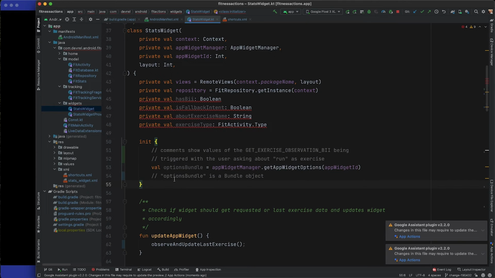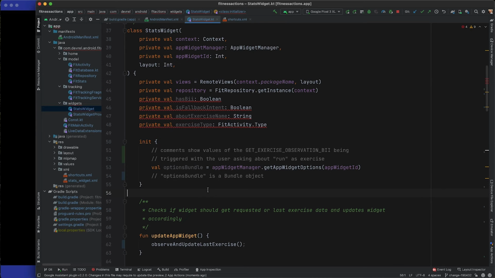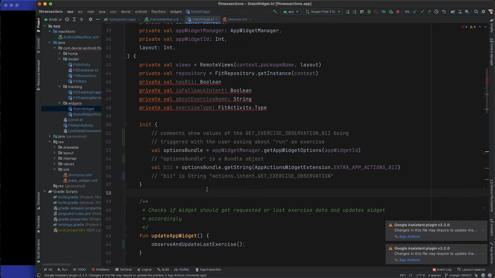Bundles are objects that are intended to be used across process boundaries between activities with intents and to store transient state across configuration changes. The name of the BII is available from the bundle using the AppActions widgets extension. So the value of the BII variable here is the string actions.intent.getExerciseObservation.